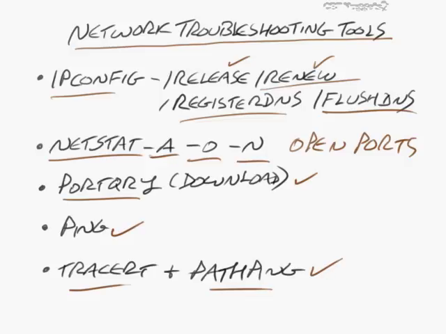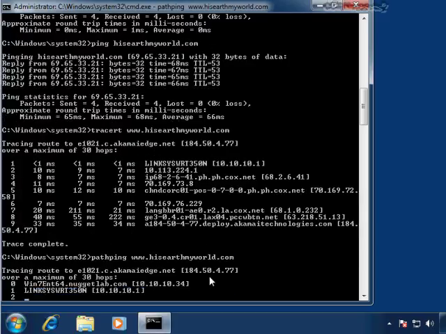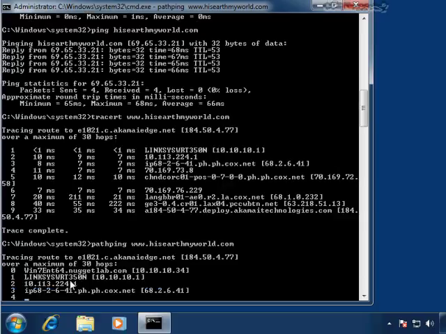But it's useful in identifying at least where the problems might be coming from. And I could also do a path ping to the same destination here. This really does the same thing, except that it's a little bit more thorough and it takes a longer time to work. But it'll, again, show me all the intermediary paths that it goes through, and then it'll provide